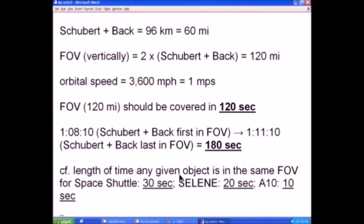And compare the length of time for any given object in the same field of view for the space shuttle, 30 seconds, Selene, 20 seconds, Apollo 10 seconds. Okay, so here's an